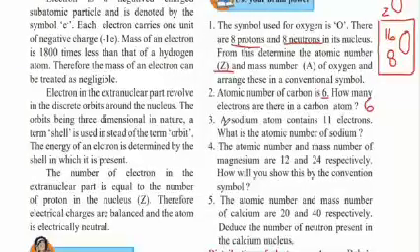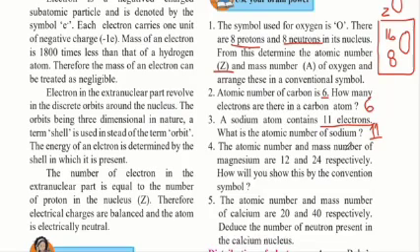The next one tells us that a sodium atom contains 11 electrons. What is the atomic number of sodium? So this is similar to the previous question, but in the reverse format, where they are giving us the number of electrons and asking us for the atomic number. So atomic number is Z, and that is equal to the number of protons inside the atom. And the number of protons is equal to the number of electrons. Therefore, a sodium atom will have an atomic number of 11.